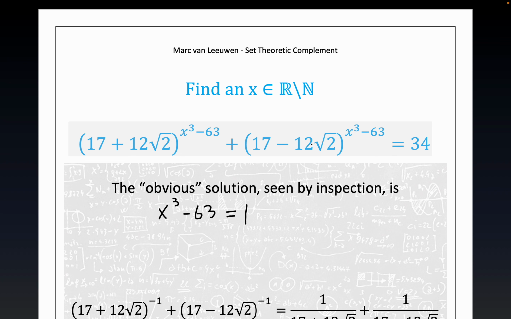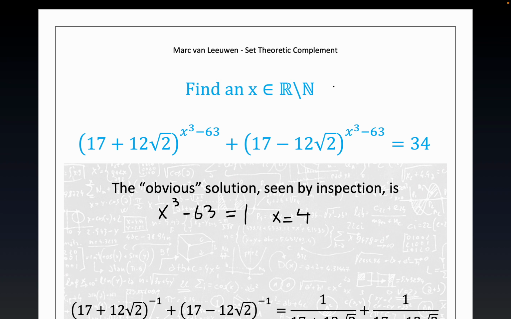Now you have a different base, but if this is equal to 1 and this is equal to 1, it's clear that the solution to this equation, x equals 4, is the obvious solution. All right, but notice we're looking for an x that is a real number but not a